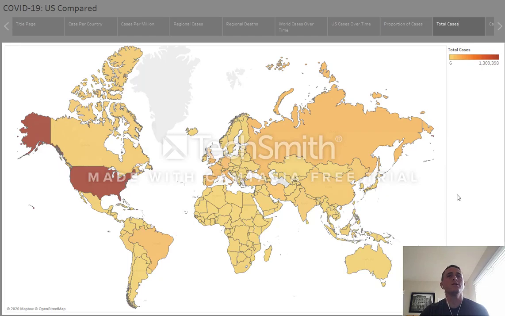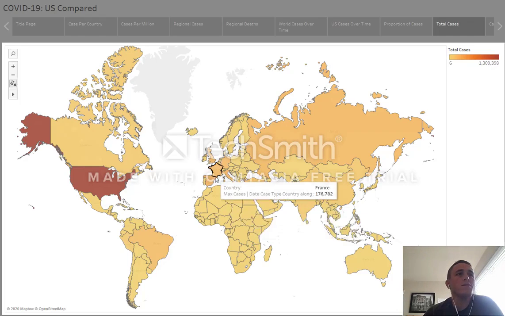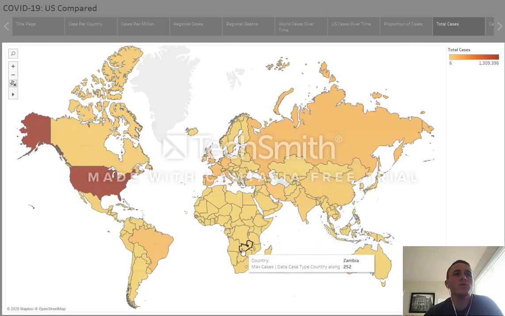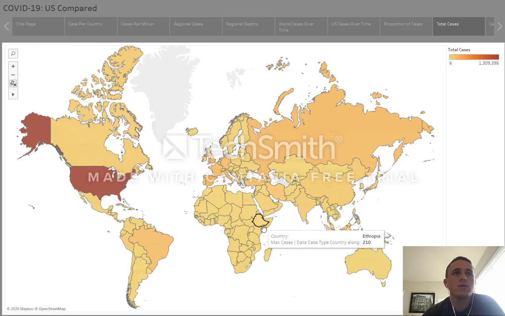All right, so as we look at total number of cases, I thought this map would give a better idea of where we're seeing cases and the number of cases around the world. So we can see the US in that dark maroonish brown color there, and then a lot of Europe in the orange, and most of the rest of the world in yellow, especially in Africa, where there's not been a lot of testing or numbers let out.